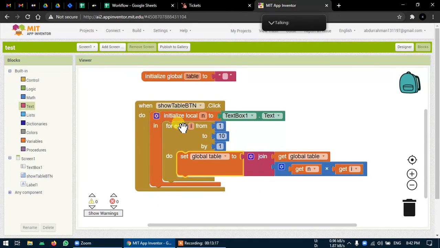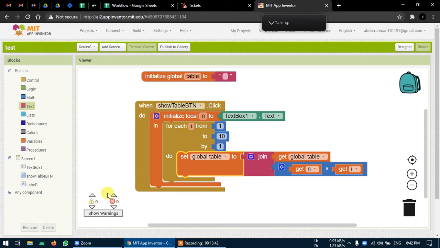Again, it will be like 10 times, 1 to 10. 2 ones are 2, 2 twos are 4, 2 threes are 6, like that. Now at the end, this for loop will run a total of 10 times, and at the end we'll be getting all the numbers, that is 2, 4, 6, 8, 10 till 20 in this global table variable actually.